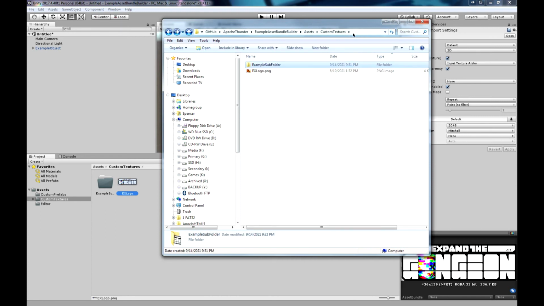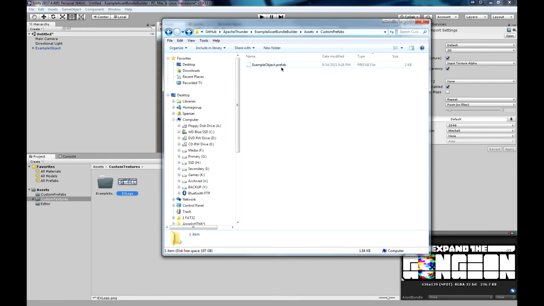because you have to actually specify the full path and the extension of the asset when you go to load it in your code. And the extension is not going to be PNG. It's going to be .tex, I think, for texture 2Ds. For prefabs, they're going to be .prefab. So you have to refer to the full path, assets, custom prefabs, and then the exact name, including extension, to